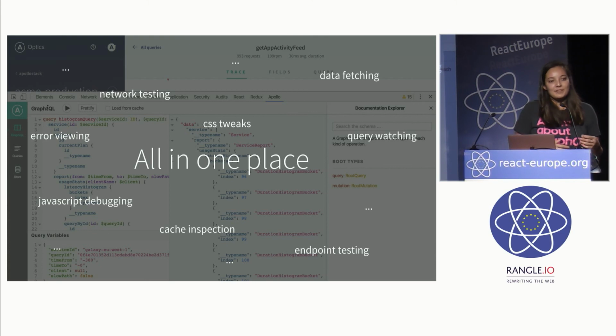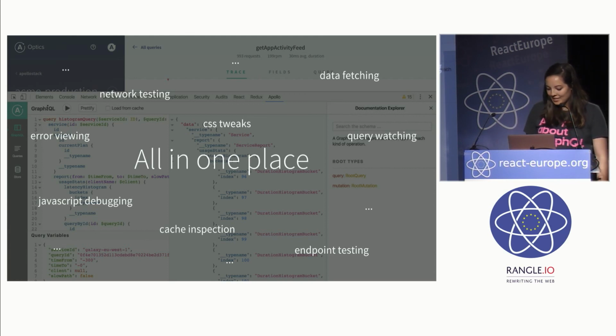So it used to be if you were using REST, for example, and you wanted to debug something with your endpoint, you'd have to open Postman or a similar tool and write a query and copy your context headers, and it just took a really long time to figure out what your endpoint was even giving you. And with GraphQL, without DevTools, you have to do a similar thing. It's a whole lot easier. You open GraphiQL, but you still have to do a lot of copying and pasting. With this, it's all in one place. It all happens automatically, and it's already in the same place you're used to doing the rest of your debugging,